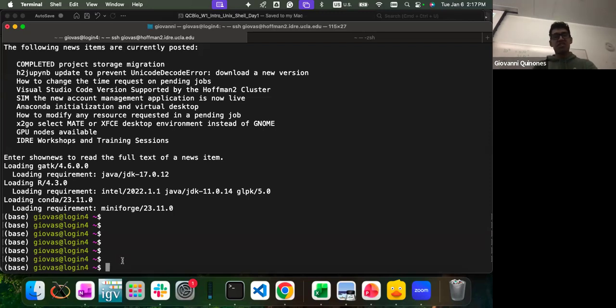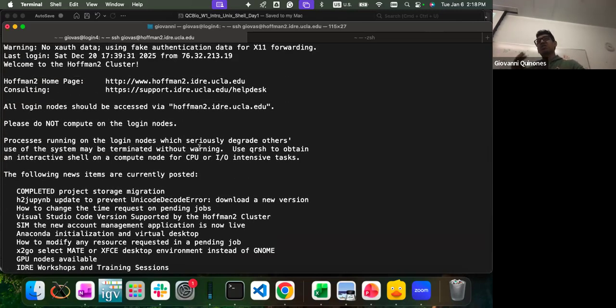So if you were to run some command here, it will work, but then you are disrupting service for all the other users connected to the same login node. So that's why it tells you not to do that. Now for this workshop, what we're doing are very simple commands. They don't take much memory or time, so it's not going to be disruptive for other users.